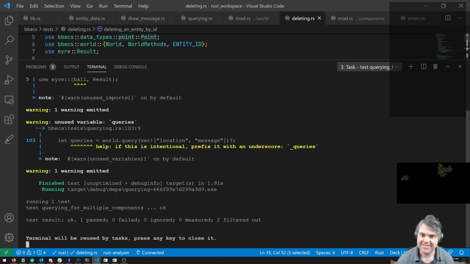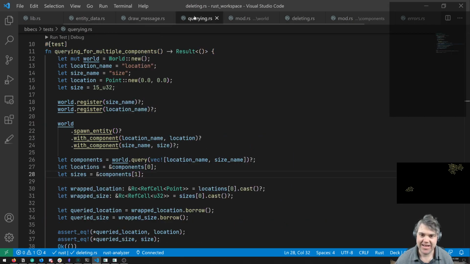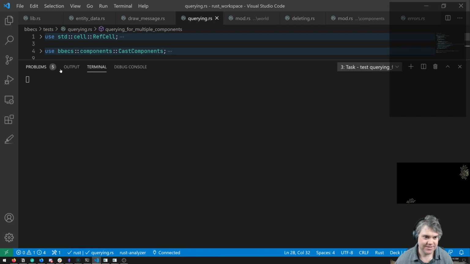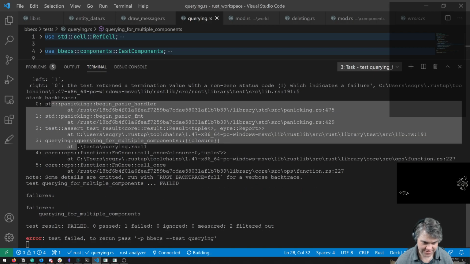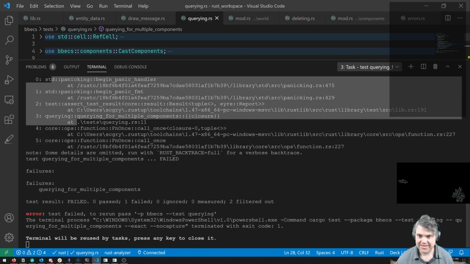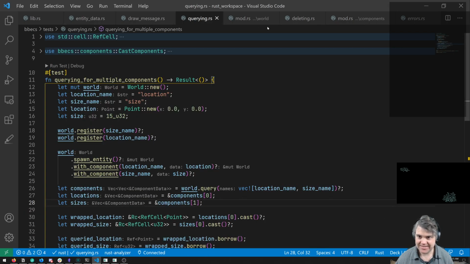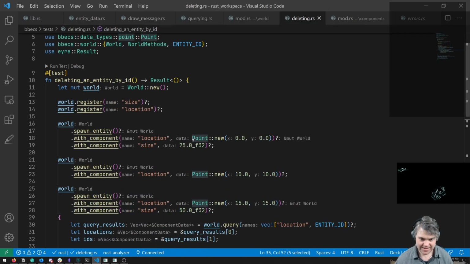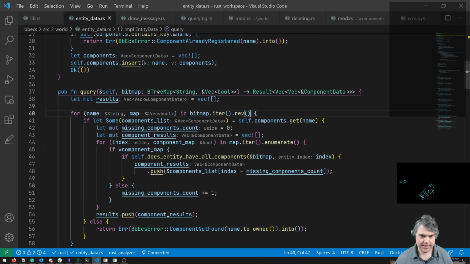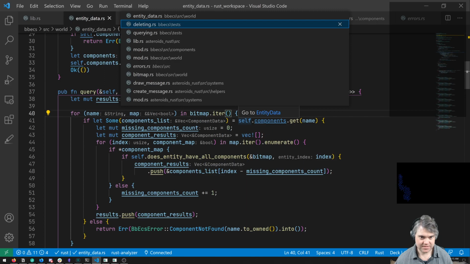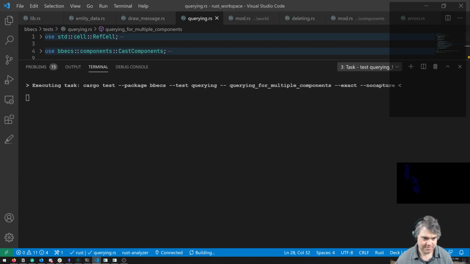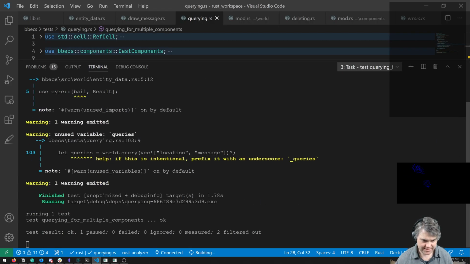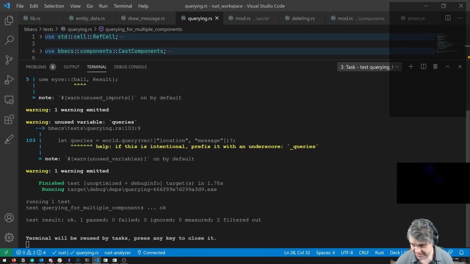But if I head over to querying, you no longer run fine unless I take off the reverse. Take off the reverse. And now you run just fine.